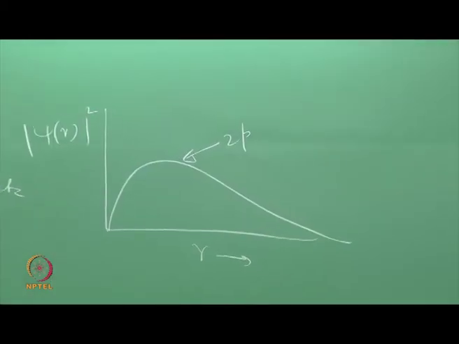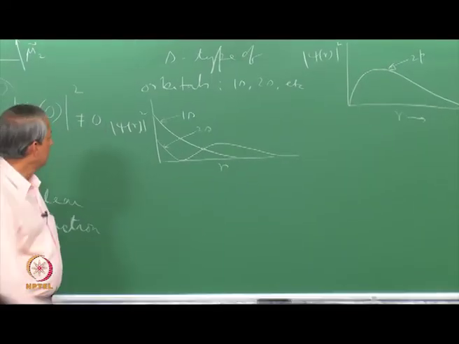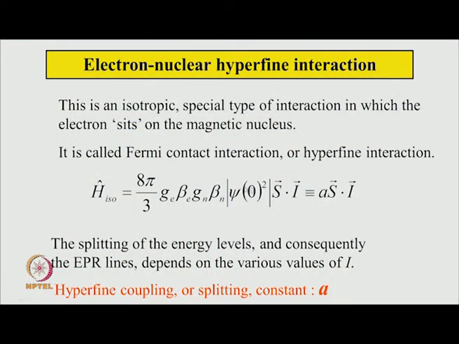So, for these sort of orbitals there will not be any such electron nuclear hyperfine interaction, but for these orbitals it will be. For the hydrogen atom this is of course the exact form, but for other systems, let us say free radical species, this will be the corresponding wave function of the electron which is producing the interaction, and the probability of finding that electron at that particular nuclear site has to be used here. So, this whole term here is replaced by a constant called A, which is in fact a parameter.